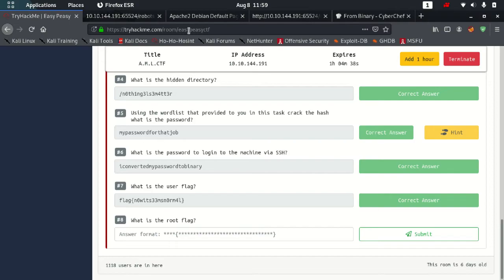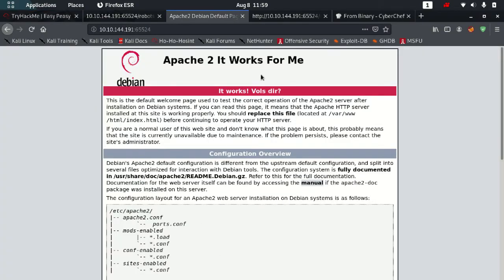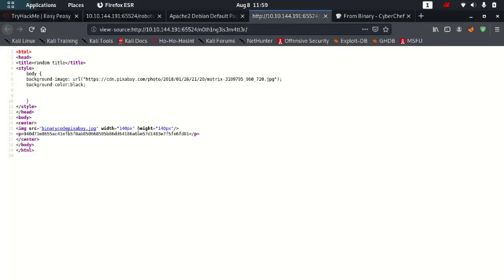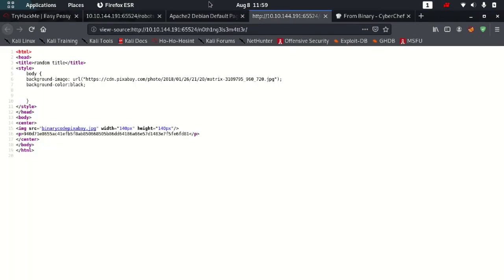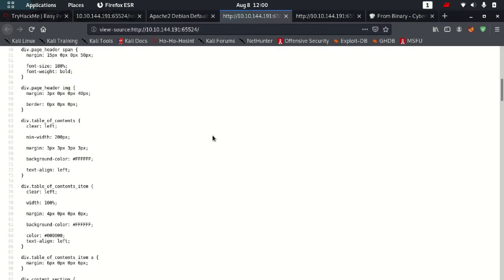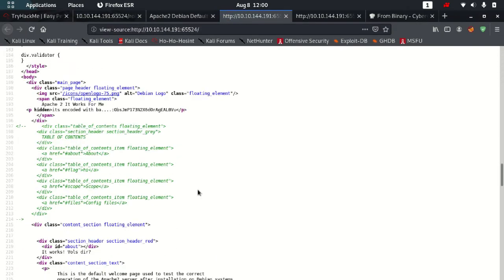So for this hidden directory, we found this thing. I don't know where it is. Yeah, we had it over here.